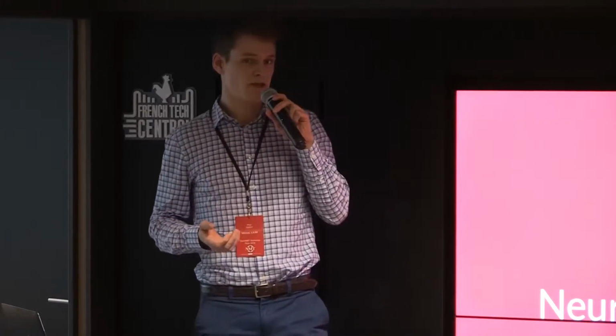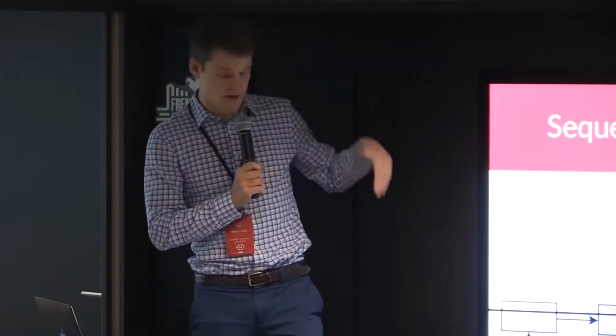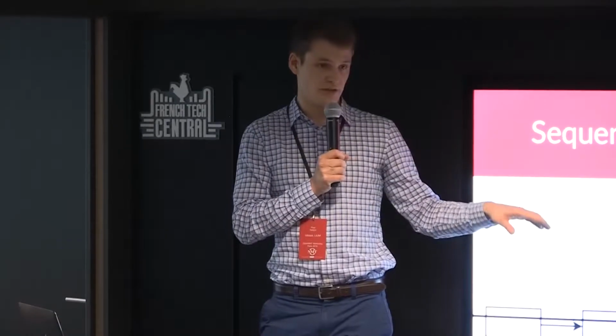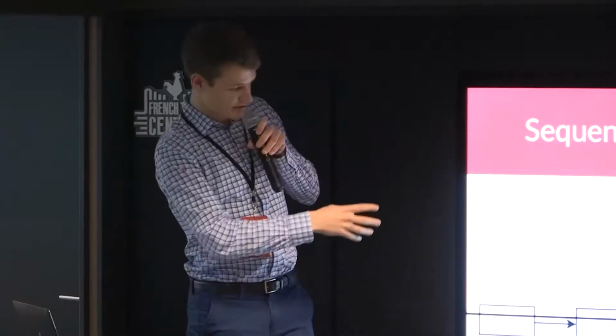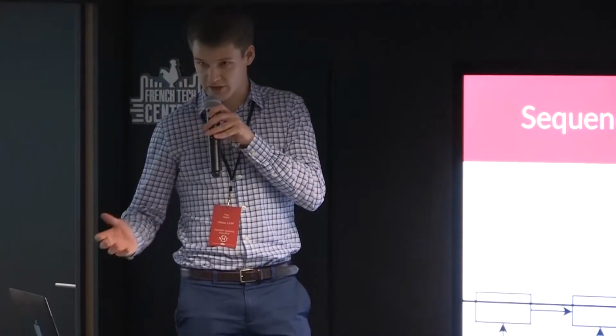So as for neural machine translation, the performance of abstractive summarization has been greatly improved by the rise of deep learning and more specifically sequence-to-sequence learning. I guess I'm not the first one to talk about sequence-to-sequence learning today, right? But we will still be quite fast on it. Basically, the idea is to map a variable length input into a fixed length vector, which will be the context. This part is the encoder, and we use this context vector in a second part, the decoder, in order to